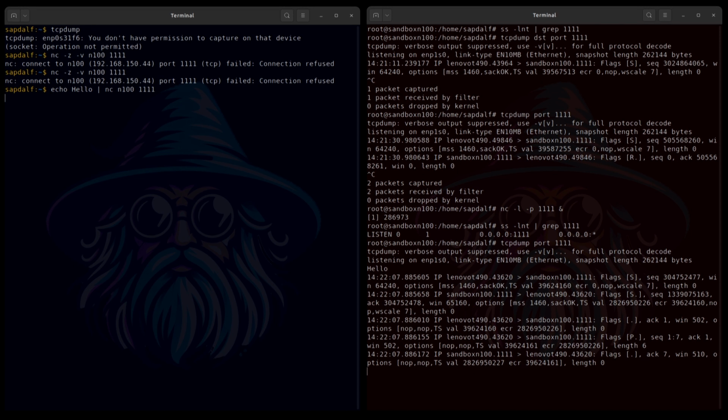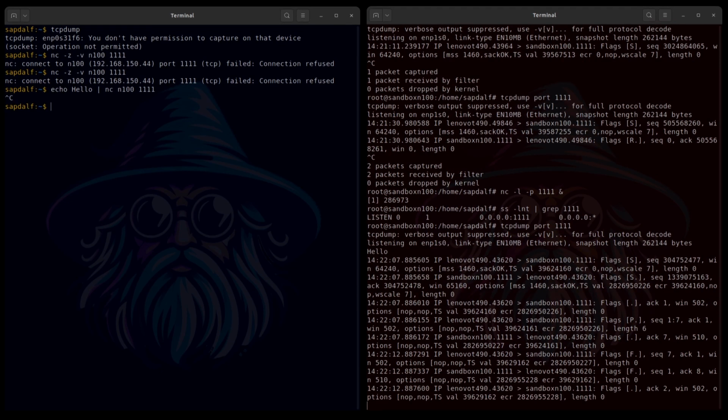Then we have the P packet, which pushes the data. See that the length is reported as 6, which is the length of our hello message. The last packet is a dot, which is an acknowledgement of the previous one. The connection is active all the time, until I close it via Control-C on the client side. In such a case, we see finish packets on both sides with the final confirmation by dot, which gracefully ends the connection. And that's it. The tip of the iceberg, but at least something.